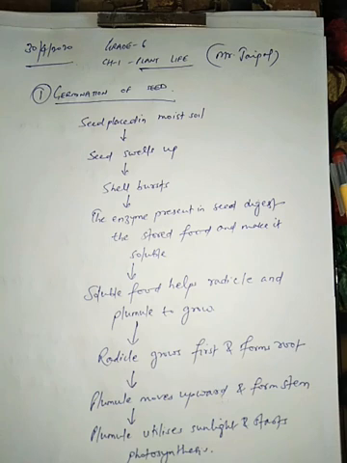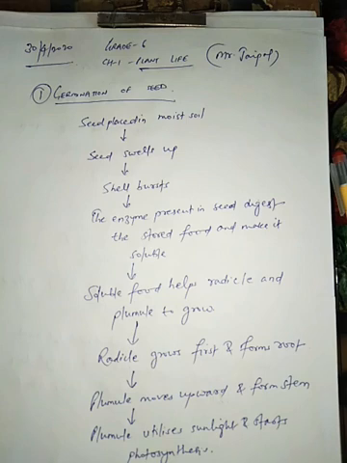Once the seed gets all these conditions, the seed develops into a new plant by the process of germination. So, germination is defined as growth of a new plant from a dormant embryo. See, inside seeds there is a baby plant which is known as embryo. It becomes active when the seed gets all favorable conditions.